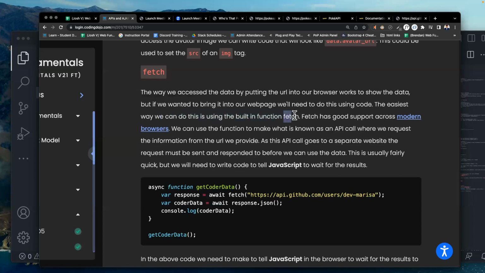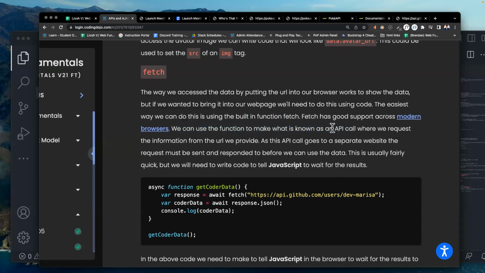So here's a keyword, fetch. Fetch has good support across modern browsers. There are different browsers, Firefox, Chrome, Explorer, and the way we fetch information from an API matters so that it can work across all browsers. We can use the function to make what is known as an API call.